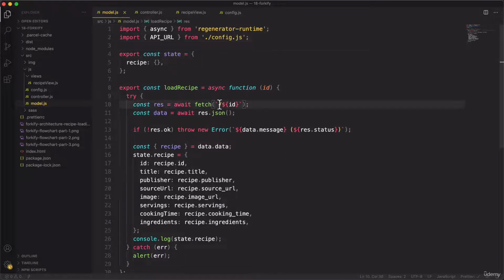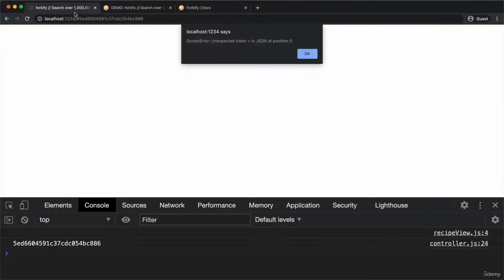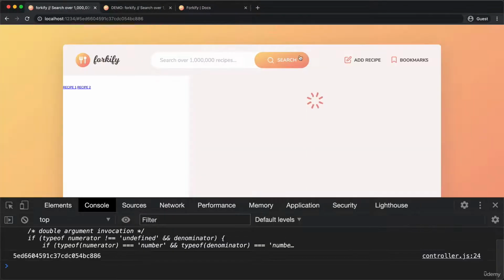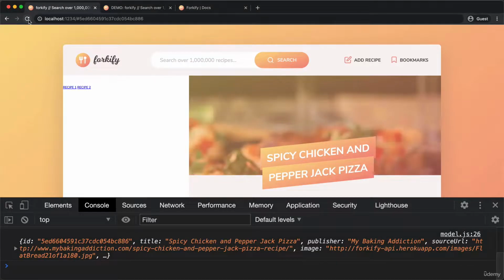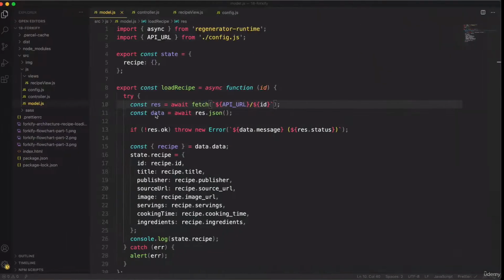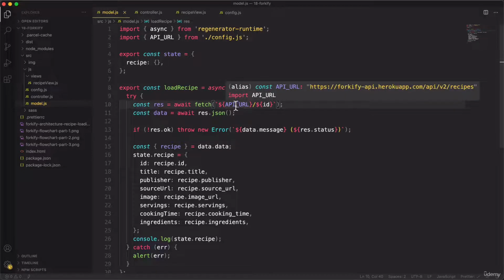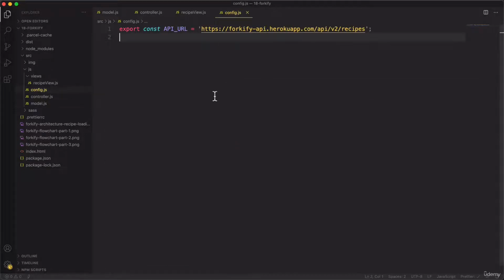And here, all we have to do now is to replace, or to actually put, that API_URL right here. So if we save this now, then our application, well, let's see. And yeah, it is back to working, right? And so we successfully basically exported this configuration value that we had here into this config file. Okay, next up,